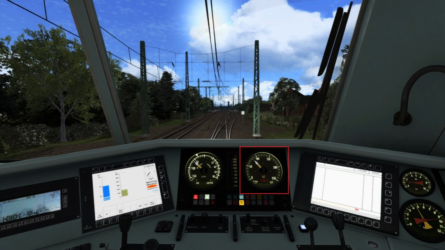From this point, we now have just 23 seconds to reduce our speed to below 85 km per hour, or the emergency brakes will be applied. If you're travelling at a speed as high as 160 km per hour, this could require some pretty hard braking. So when travelling at such a speed, I generally recommend to keep a close eye on the signals, and in fact begin braking as soon as you see the cautionary signal aspect ahead, before you have passed it or acknowledged